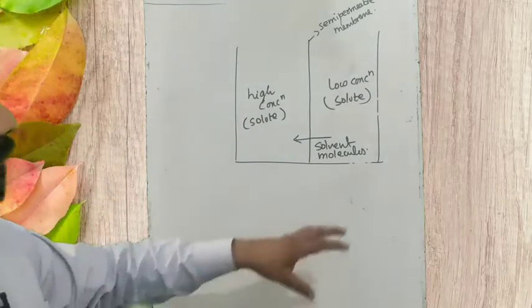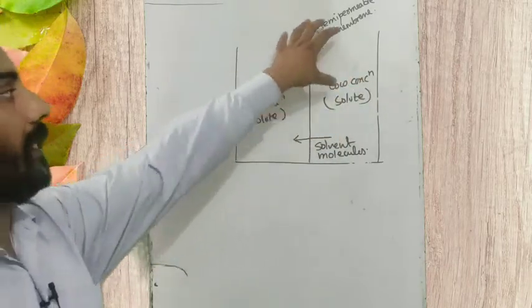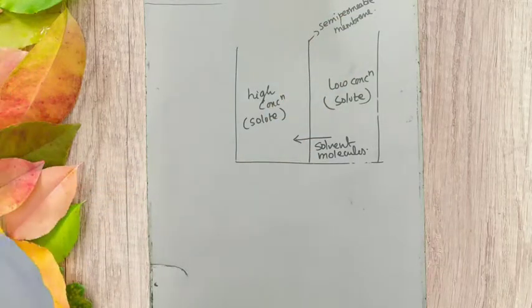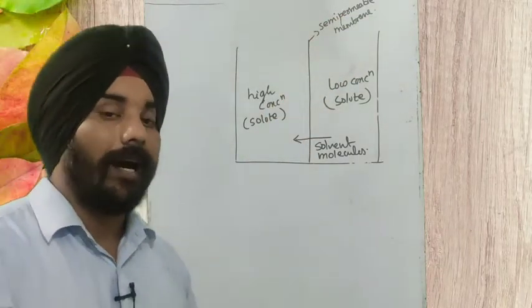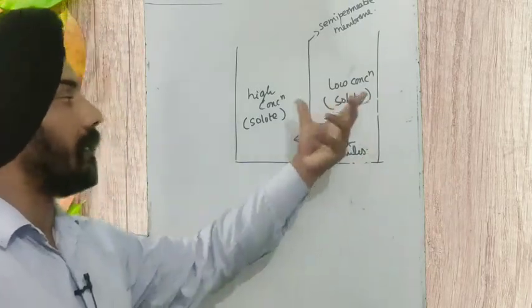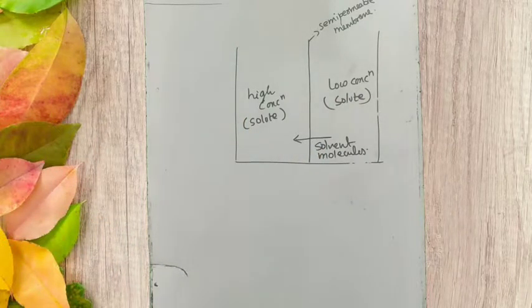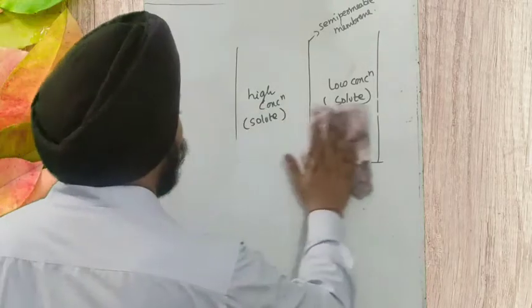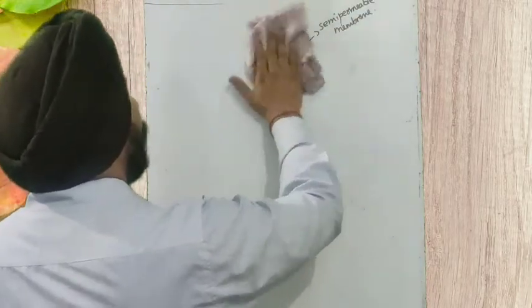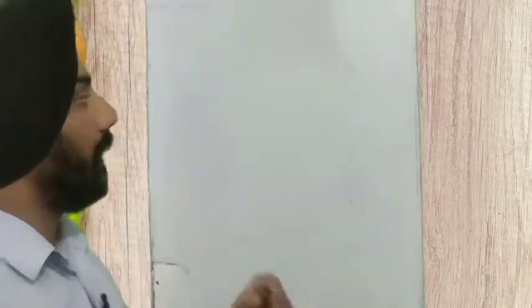So in osmosis, when two solutions are kept in contact with each other, just separated by a semi-permeable membrane, they equalize their concentration. And how? By giving their solvent molecules from lower concentration to high concentration. Here we need to understand what osmotic pressure is, how it is a colligative property, and why we are calling it a colligative property. You know very well what a colligative property is: it depends upon the number of solute particles. So here it is time to explain osmotic pressure.